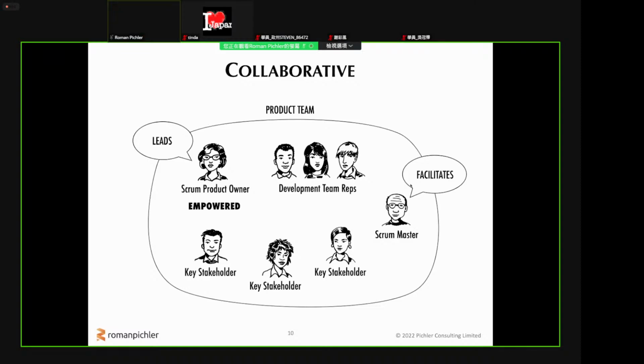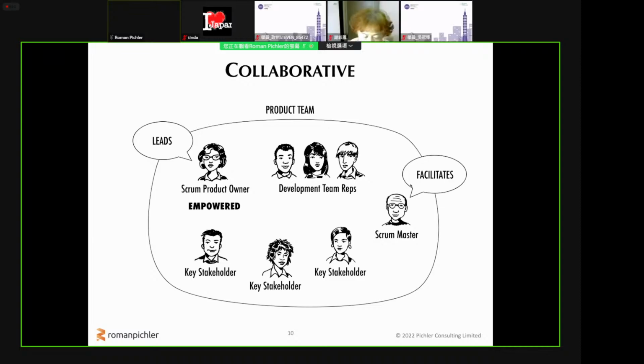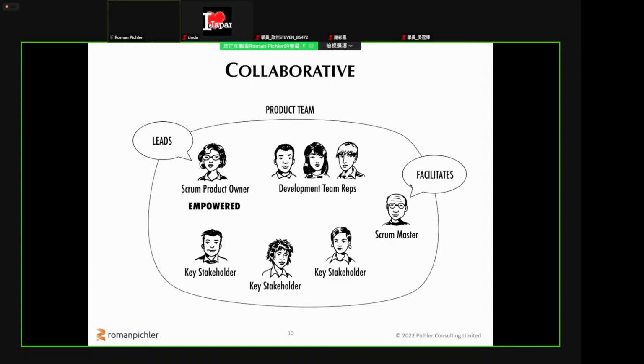And if you can't reach agreements, even though you've tried, then I believe the Scrum product owner has to be empowered to make a decision. So another way to say this is the Scrum product owner has the final say. So again, the best product roadmaps I find, or effective product roadmaps, are created as part of a team effort,